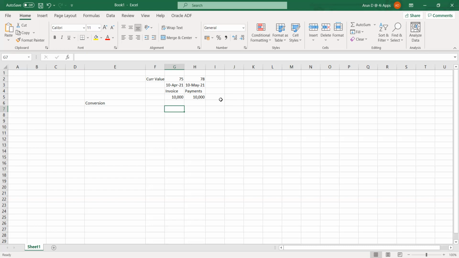So the system will understand between different currency rates. How the system will identify the rate on this particular day is by using the daily rates. So we have these daily rates, and the daily rates are just like a master. It will have USD to INR. Between these, what is the exact value? It will tell us. So it will say, let's say 75 on 10th of April, and 78 on 30th of April. So it will have the currency rates for each day.